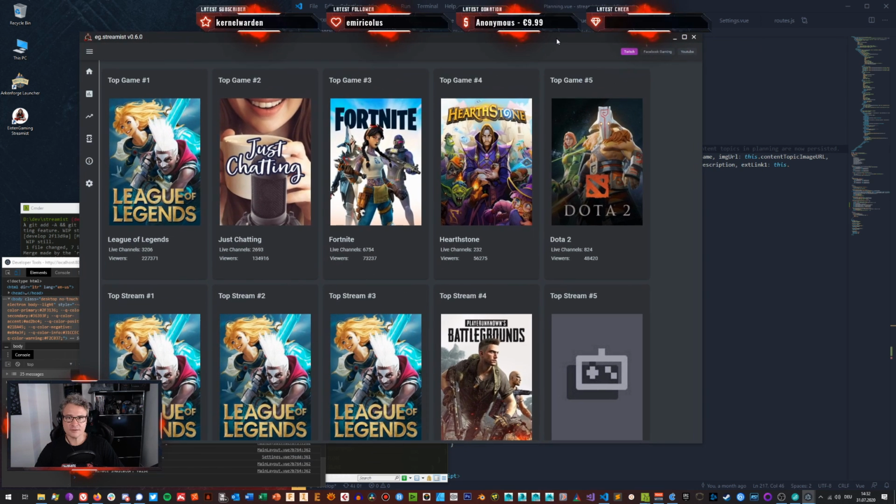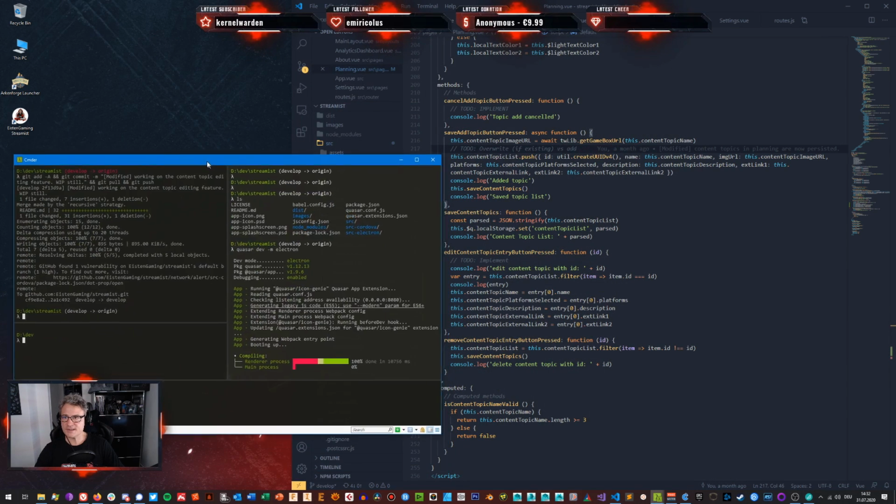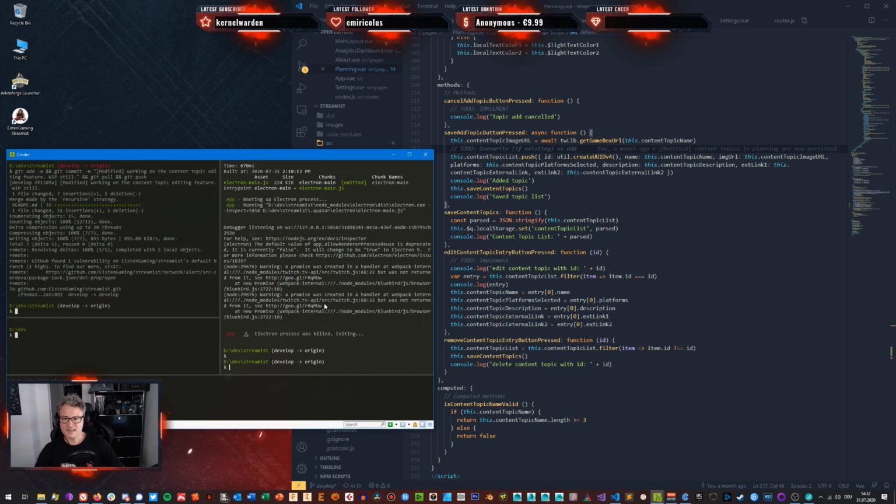This is how you start the development client, and one more thing that I wanted to show you today is we go back to the CLI, which is the command line interface, and we will do a build. So if you want to do an optimized build for the application, you can go like this.